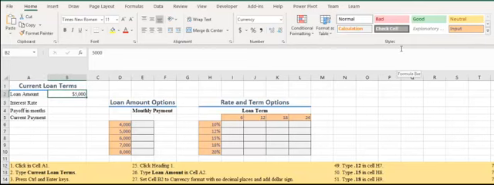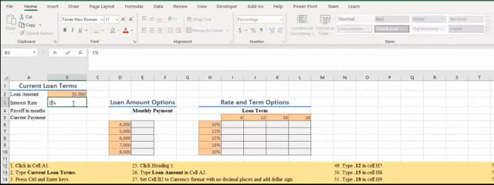Now in the Styles group, we want to click the Input button. Type 15 in cell B3. Type 12 in B4. And then in cell B5,